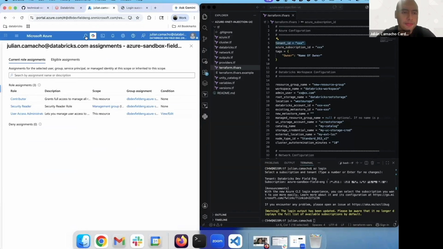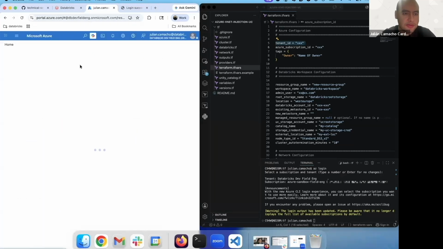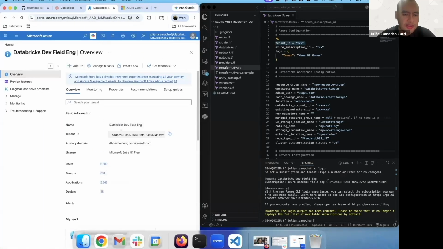Let's go into Azure, type Entra, click Microsoft Entra ID. You can see this is your tenant ID. So click to copy and update it. Azure subscription ID,